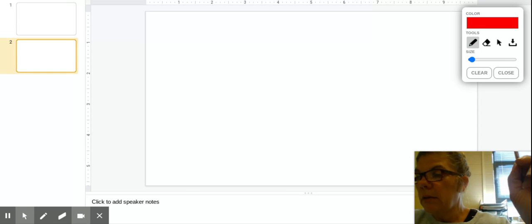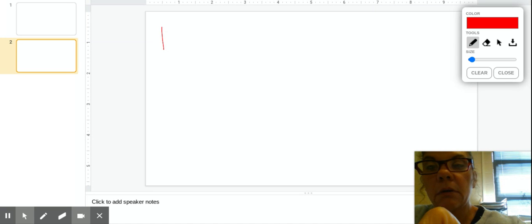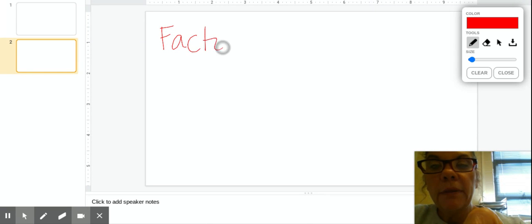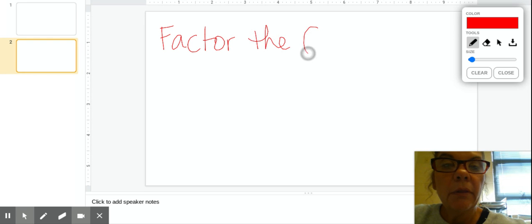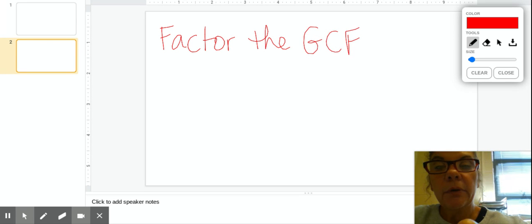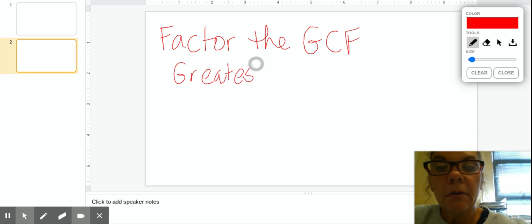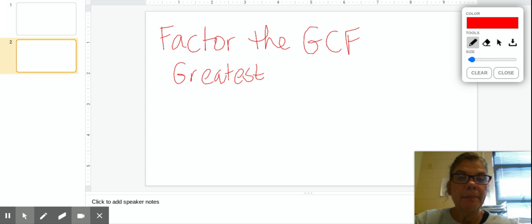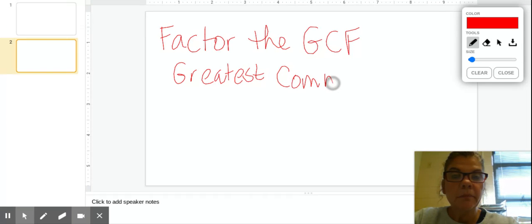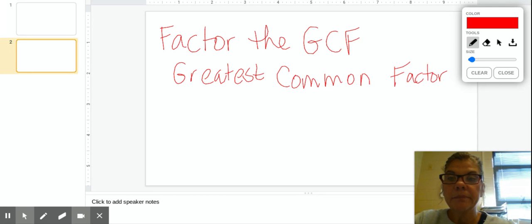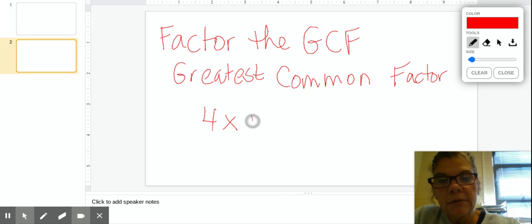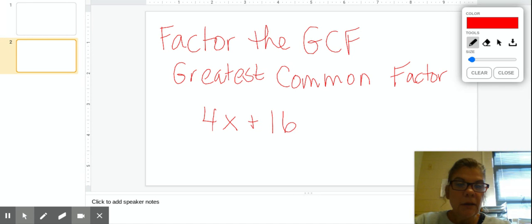So let's talk about what that looks like. Factor the GCF, greatest common factor. So, for example, if I gave you 4x plus 16, in that polynomial, I would hope that you could look